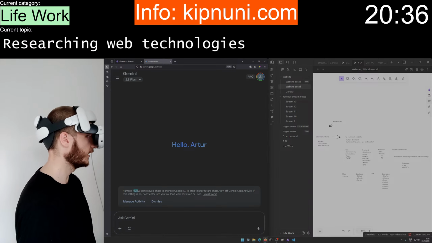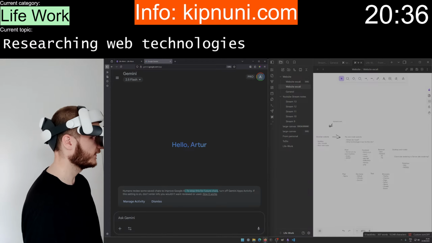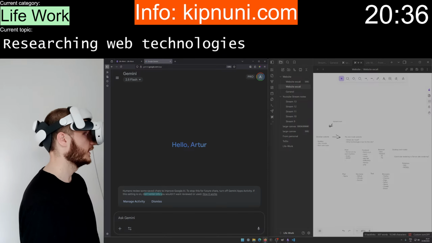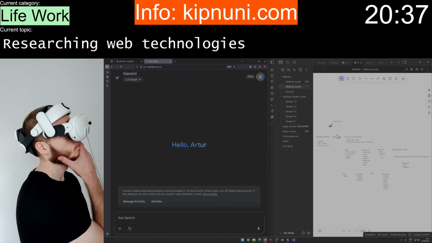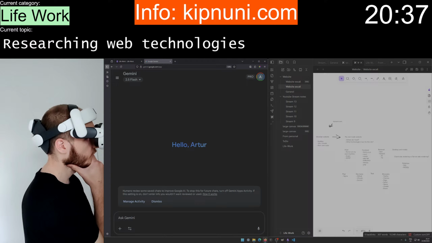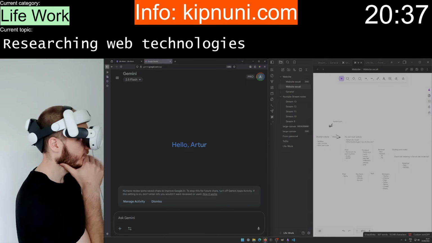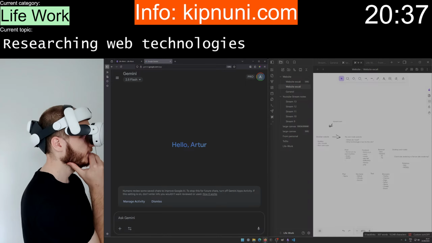Human reviews. To stop this for future chats, turn off Gemini apps activity. Don't enter info you wouldn't want reviewed or used. For most people, I would suggest disabling this, turning it off. But in my case, I don't really care.